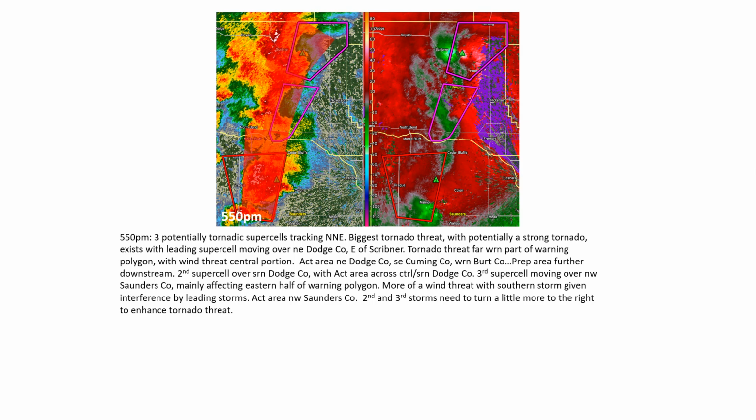By 5:50 p.m., we continue to see this monster storm leading the way, but the real threat is just over the western half of the tornado warning polygon, as better reflected by the action area shown in red. In fact, there's a wind threat even to the west of the tornado warning polygon that is not warned. We see the second storm behind it and the third one further to the south. Notice the gaps between the actual warning polygons. Those are actually unwarned areas that are better reflected by the action areas shown in red.